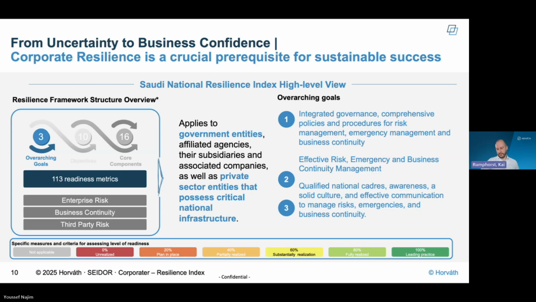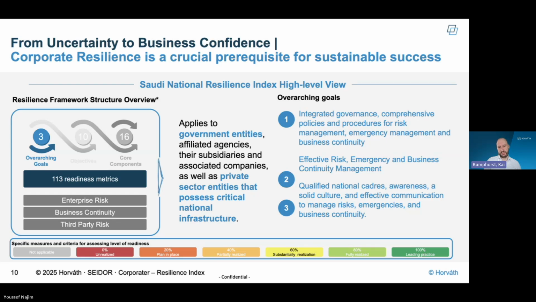In Europe, we have a similar trend. It's called the Digital Operational Resilience Act, a regulation that most financial institutions have to follow. The goal is the same: being resilient against uncertain events and always continuing.